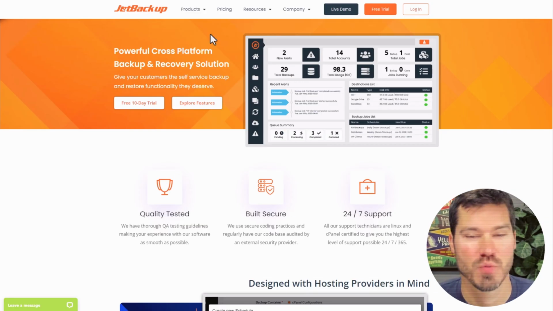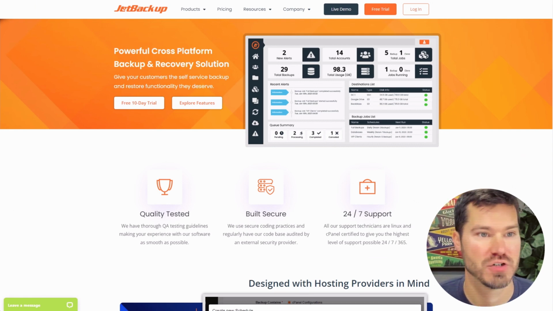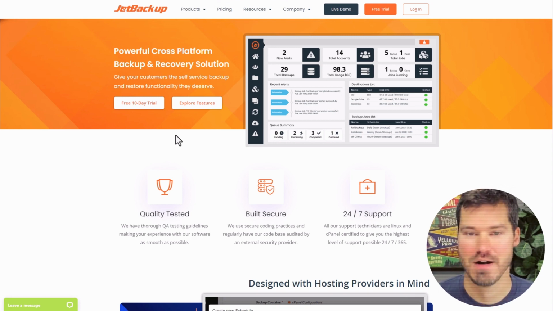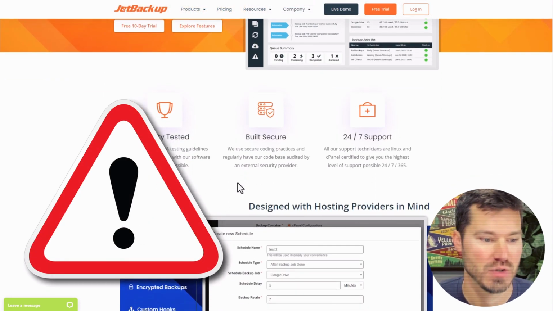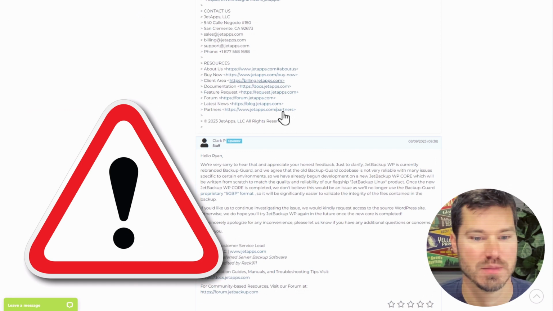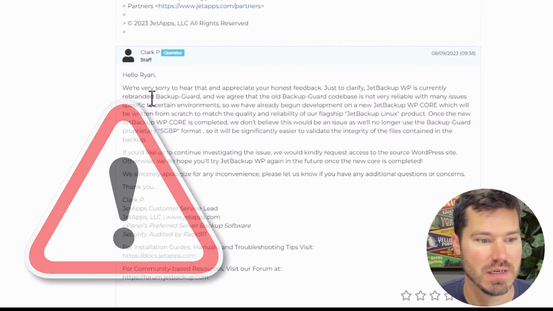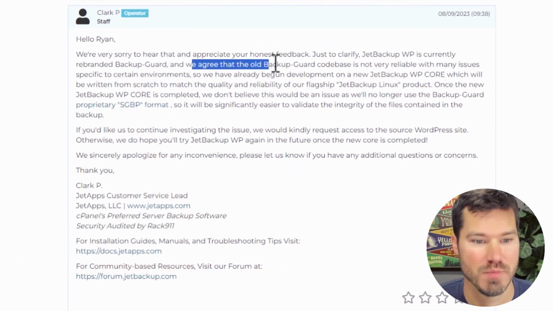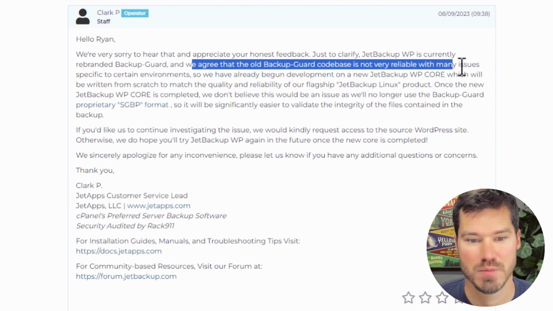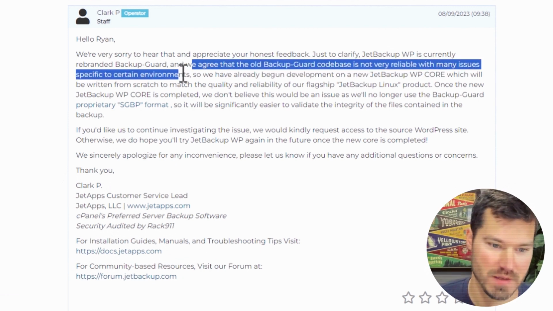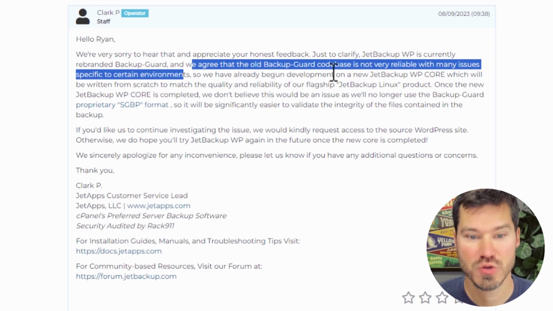Another thing I tried at one point was JetBackup, and I had one successful transfer with it. So I actually purchased some premium version, and then I got like 6 errors on the next 6 transfers I tried. So I kind of gave up on that, even contacted support, who pretty much admitted that the old BackupGuard code base is not very reliable with many issues specific to certain environments. They've already begun development on a new JetBackup WP core, which will be written from scratch. So I don't know when that's going to be done, but I gave up on them and canceled that premium